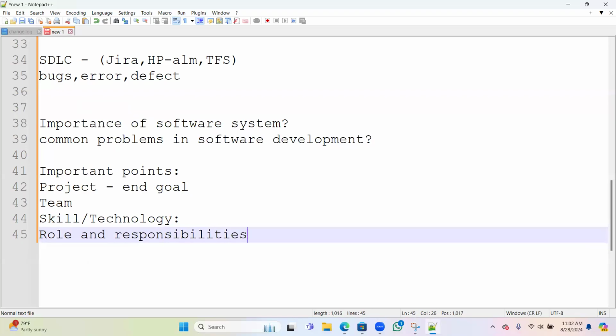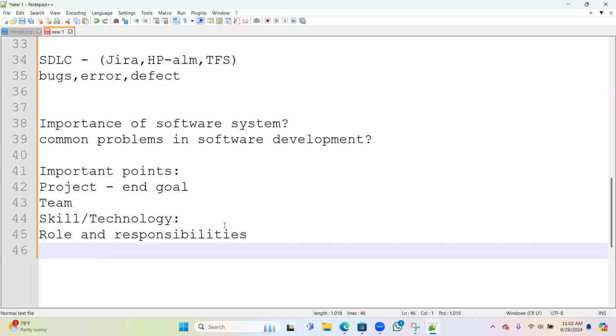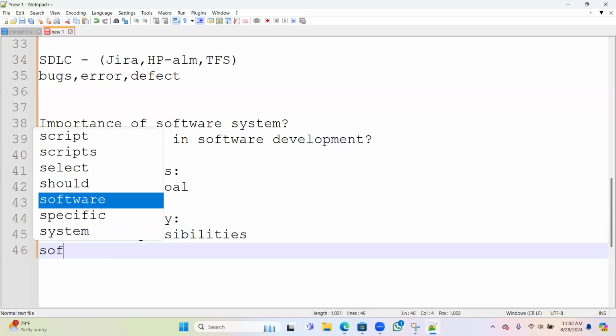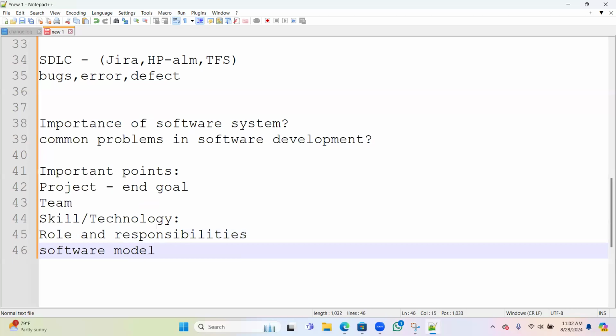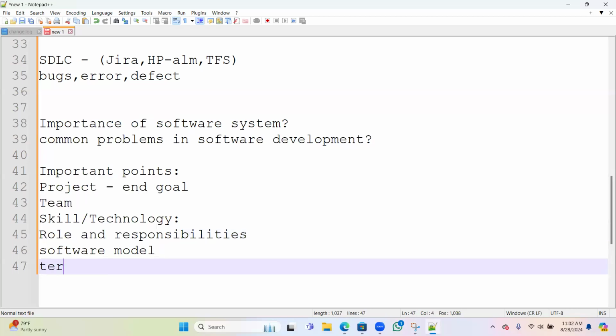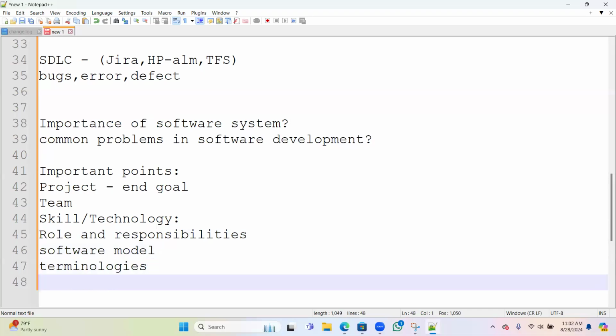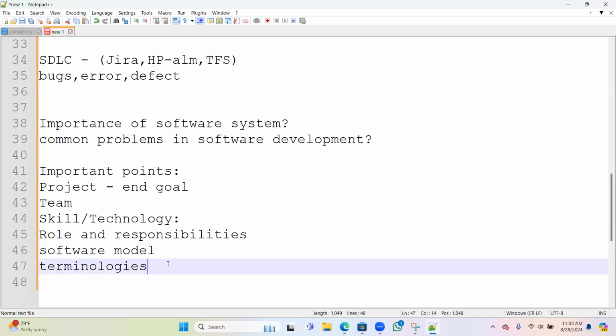Also, which software model they follow, and what their terminologies are. Terminology means the way they work, the ways of working. So these are some important points.